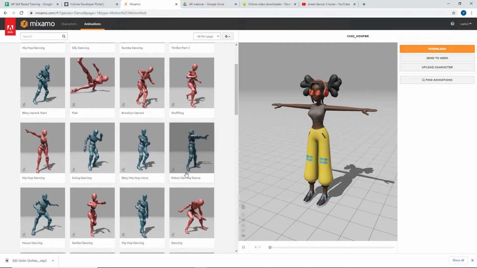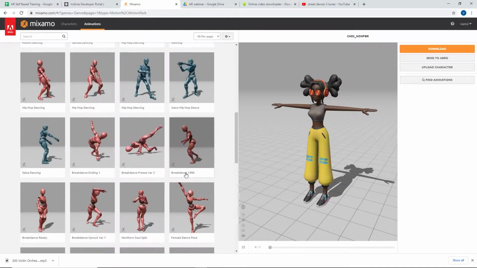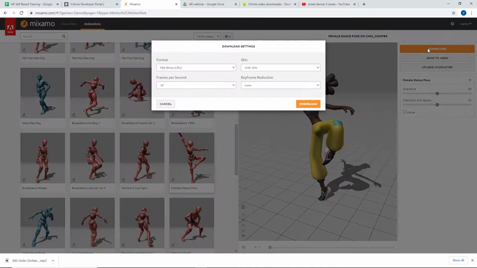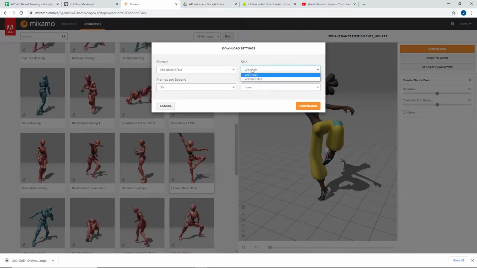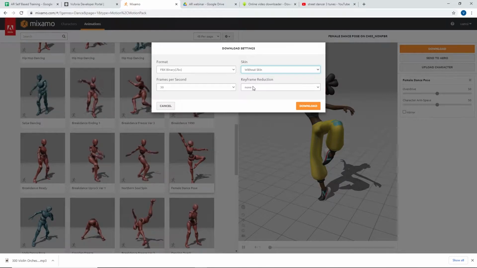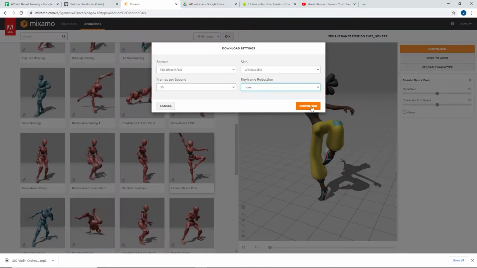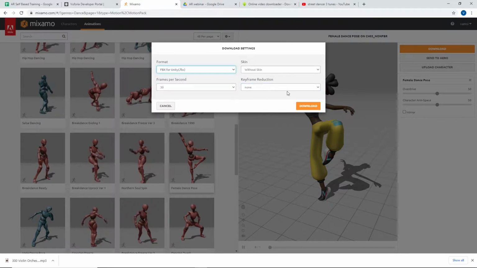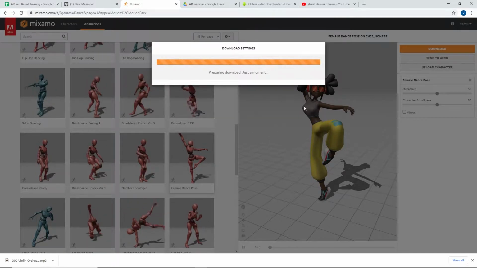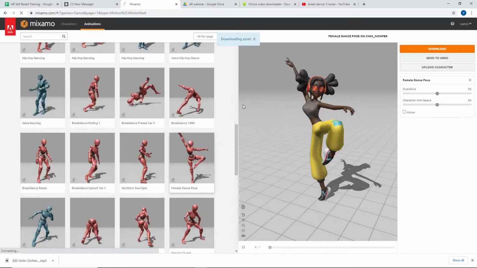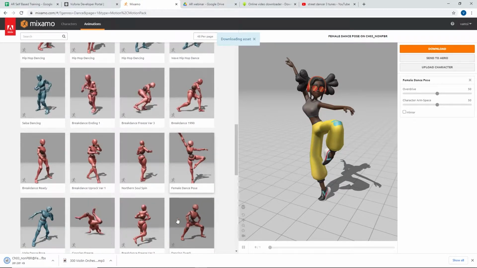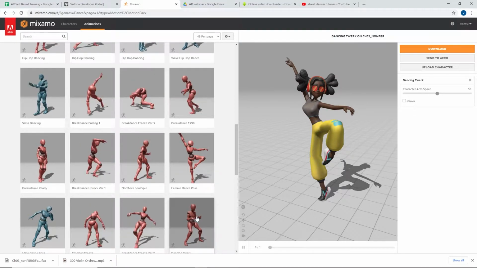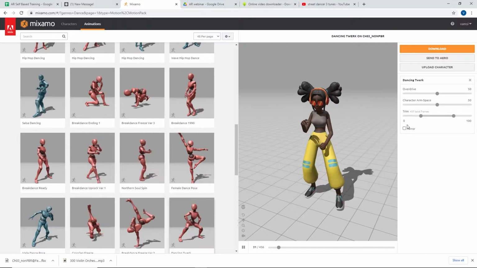So I'll go with some poses. To download some poses, this pose is good, and I'm going to download some poses for now. FBX for Unity. In skin, you can select without skin, and keyframe reduction should be left like that, and click on download. Before downloading, in the format, download FBX for Unity, so it will download in the Unity supported format. So you can download. I downloaded one pose, and now I'm going to download some steps again. I'm going to download this as well.